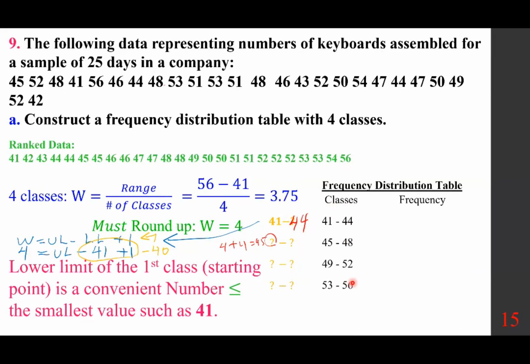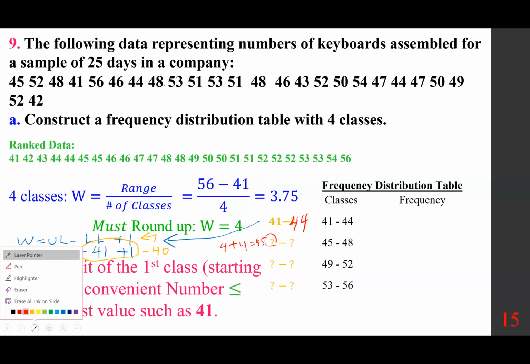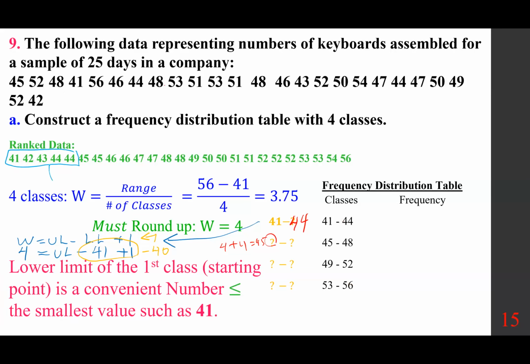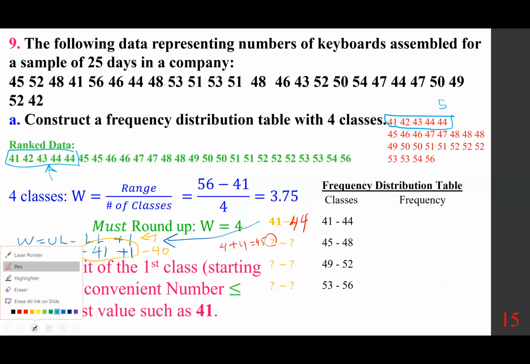Now, 41 to 44, for example. So we need those, right? So let's write them. And for the first one, we have how many pieces? 5. Now from 45 to 48,